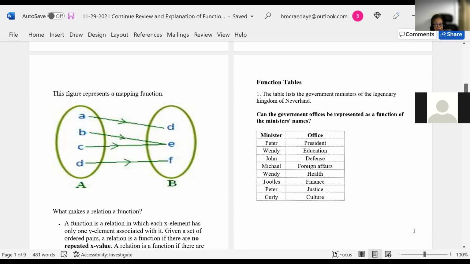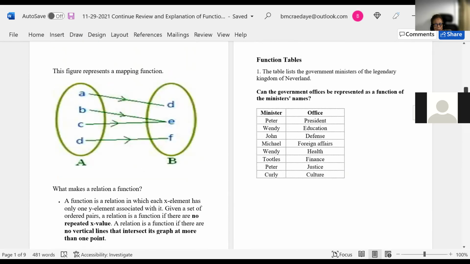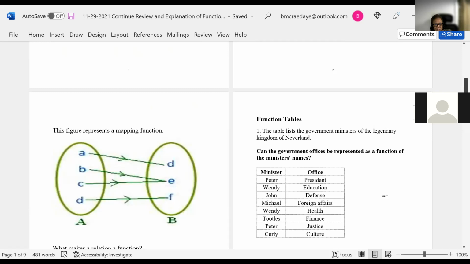Okay. All right, so now let's look at function tables. Now, function tables, they work just like maps. If we call the left side our input and the right side output, okay, none of your inputs, if they're duplicated, they must have the same output. So,